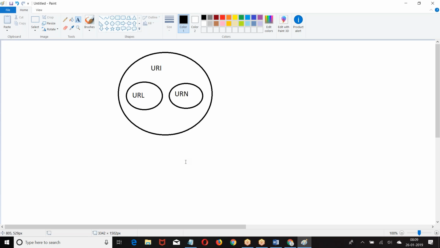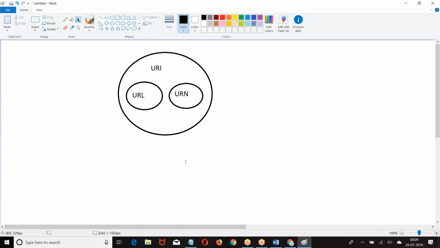In some documentation you find URI, in some documentation you directly find URL. So URI is nothing but URL or URN. Generally we will use URL. I hope you are good.